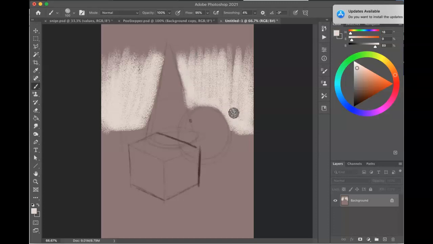Leaving that a little soft around the edge, a little bit rough, and with more and more passes with the brush at this scale. I guess I can call it the pencil, because that's what we're trying to simulate here. With the pencil tip at its current scale, I can